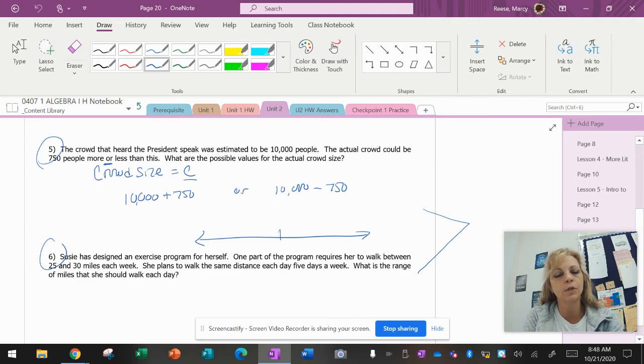And do you remember this one where we talked about the president? And it says that he speaks for 10,000 people, and it's the actual crowd would be 750 more or 750 less. So if I put 10,000 on this, why is this not